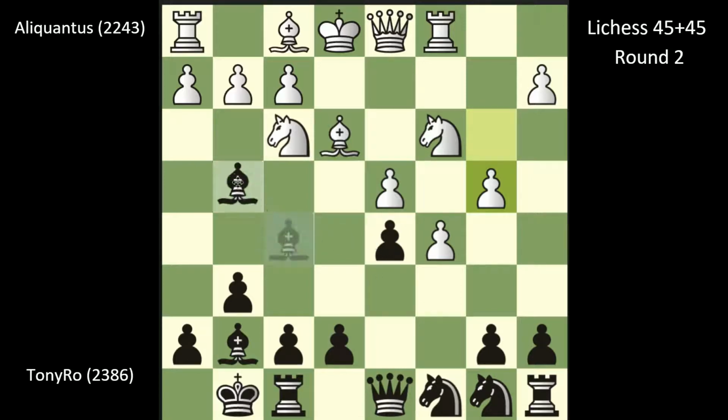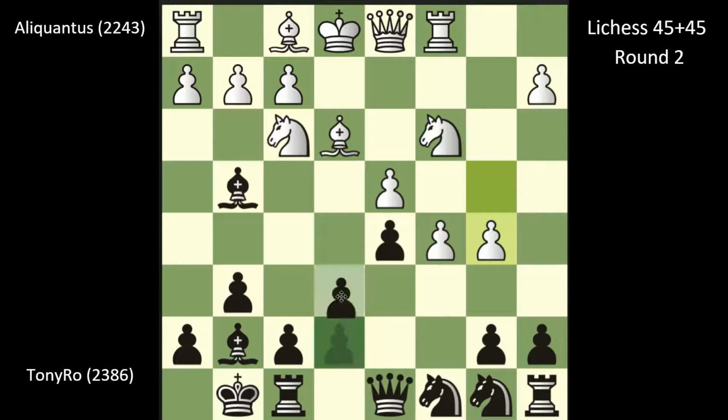I just thought it was slightly more flexible or more precise to go bishop g4 first, but I think it's actually more precise to go a6 first now. Reason being is that after bishop g4, which is the game move, I think white can try b5, which is not the end of the world. Maybe white is very slightly better here. I can just go e6,